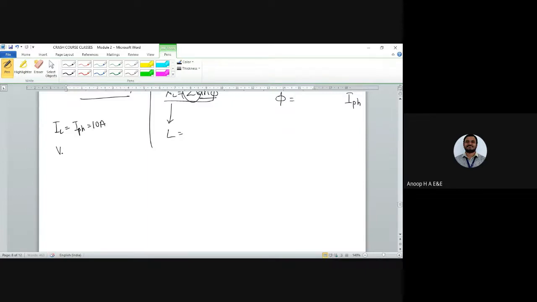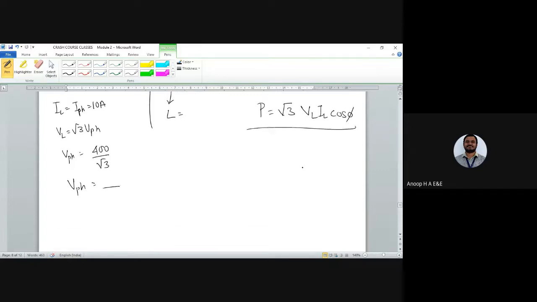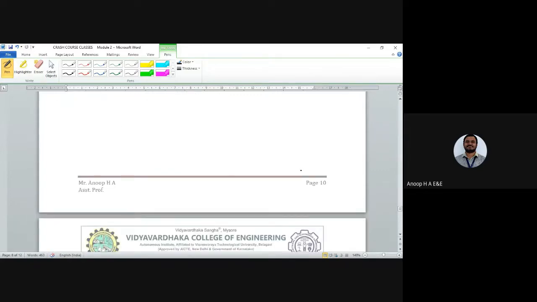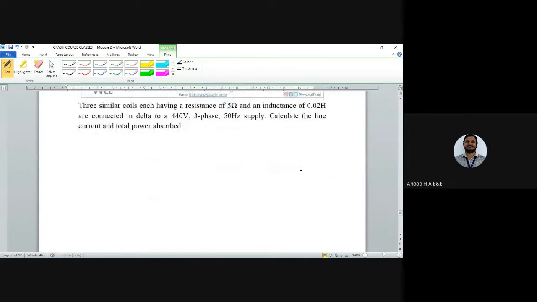Okay, so it is a star connection. VL would be equal to √3 into V phase, so V phase would be equal to 400 divided by √3. Okay, so that is VPH. You know VPH, you know IPH. You can calculate Z per phase, and you can calculate XL and R easily. And the active power consumed is √3 VL IL into cos phi. Getting it right? You can share the answer at the end of the day. You can do it and let me know.